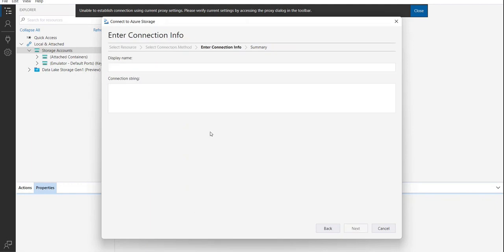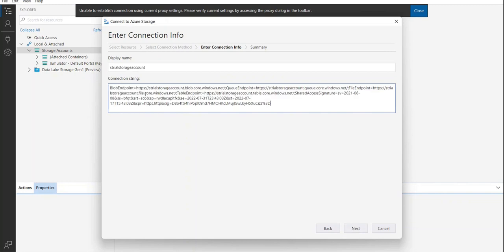Click over here. Just go next. Paste the connection string over here. This display name is getting filled automatically. You can name it however you want, because many a time we do have a connection string. We might have given the same name, but for you to visualize, okay, let's just say